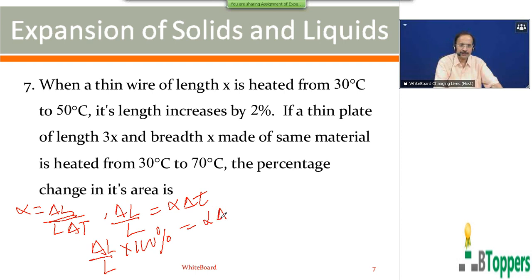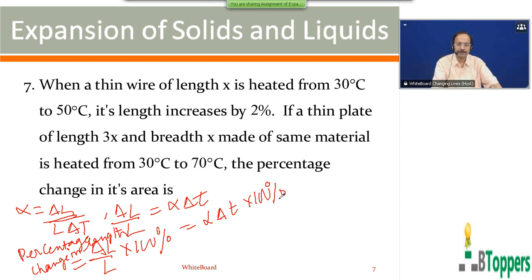You can write alpha into change in the temperature into 100%. So in general, percentage change in length, or percentage increase in length when a solid is heated uniformly, we can write alpha into increase in temperature into 100%. So in the first case,